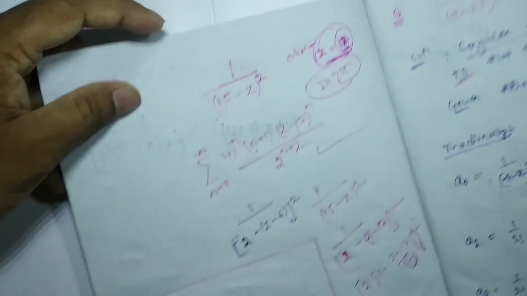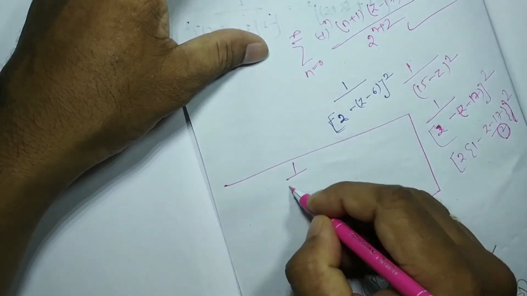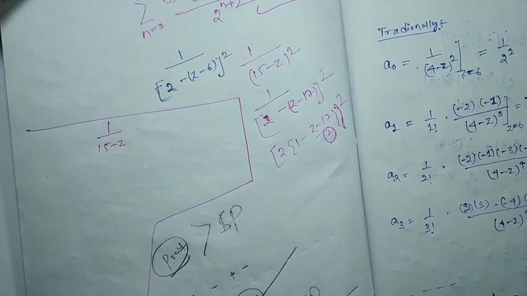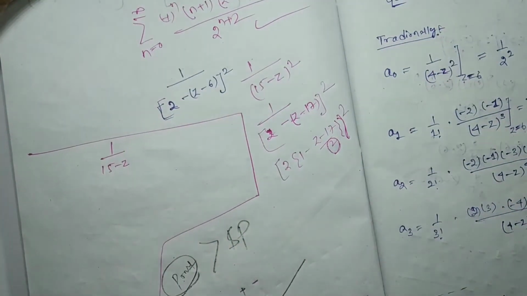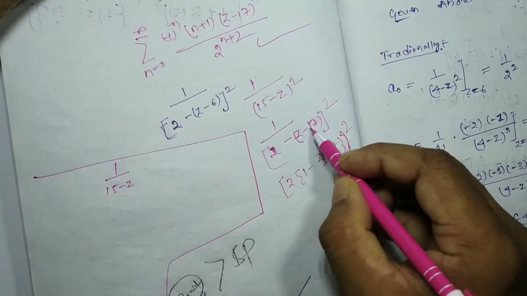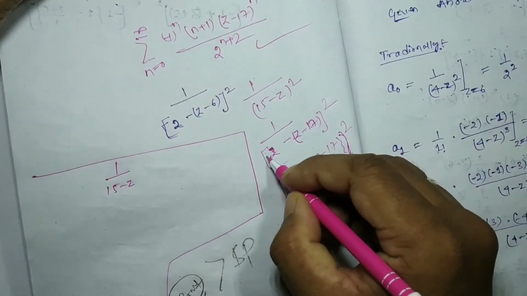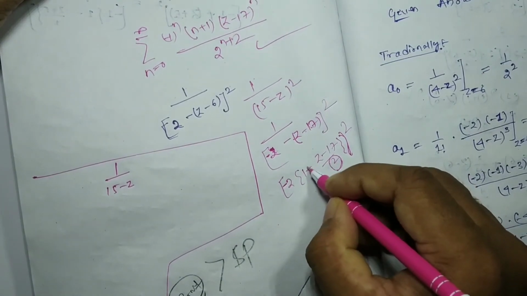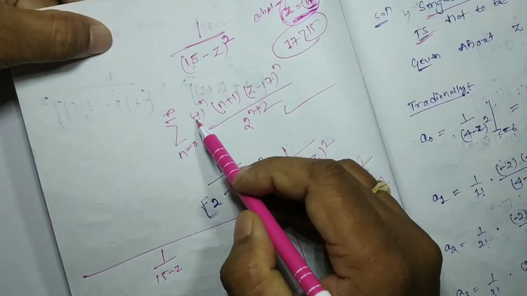Now if you are going to consider a point which is less than the singular point, see here, I made a small mistake. See here, this will be minus z plus 17, but I need 15, so I have to write minus 2 here. So minus 2, if I take common, it will be plus. So it will be plus, which means we are going to get minus 1 to the power n.